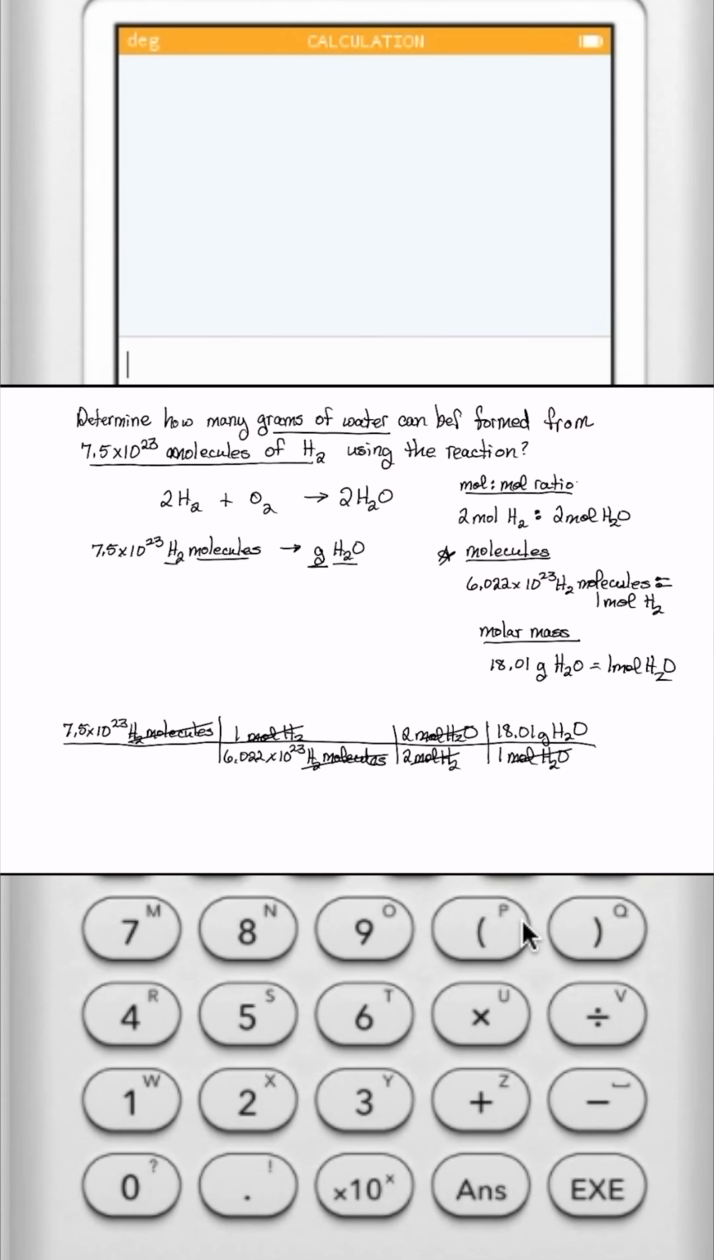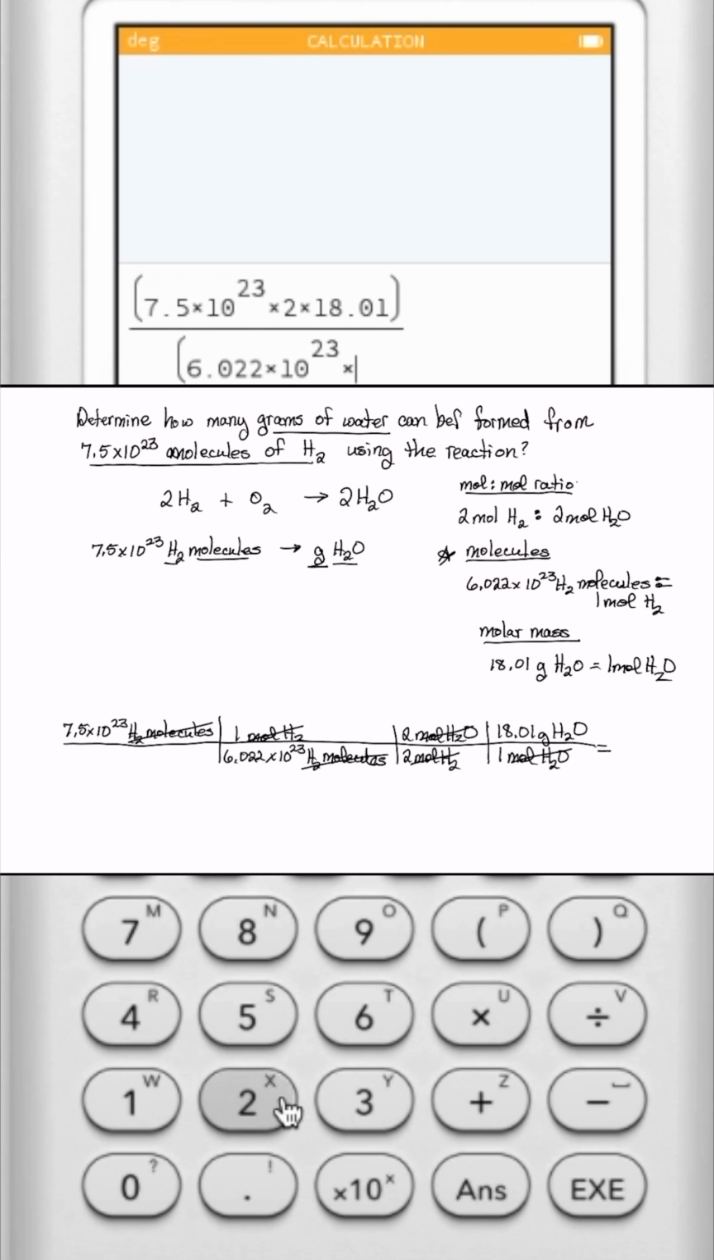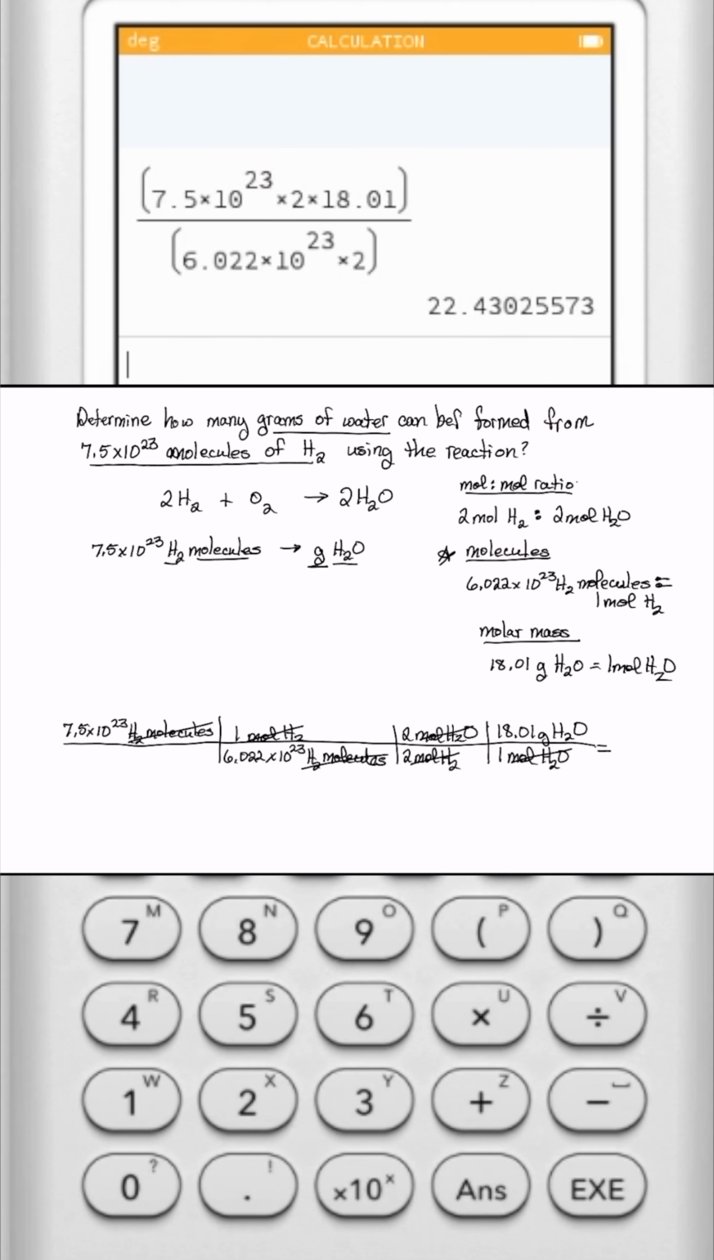The 1 mole of water will go into the denominator, while the 18.01 grams of water is placed in the numerator. The mole of water was placed in the denominator so that the unit and the substance would cancel out, leaving us grams of water, which is what we wanted to solve for. So now we're ready to begin this calculation. So we have 7.5 times 10 to the 23rd divided by 6.022 times 10 to the 23rd times 2 divided by 2 times 18.01. And when we key this into the calculator, you get